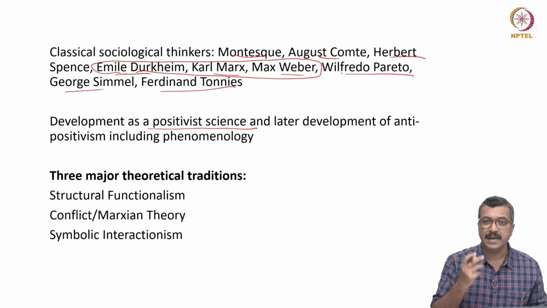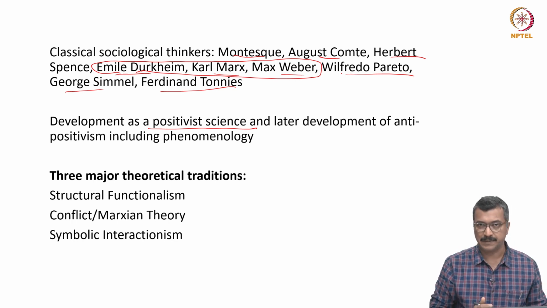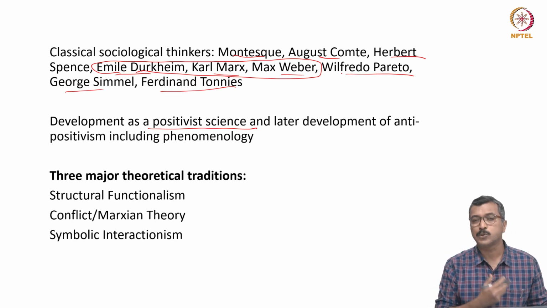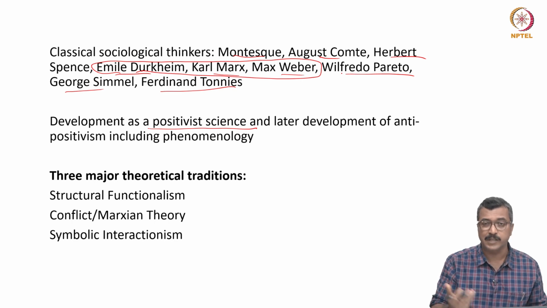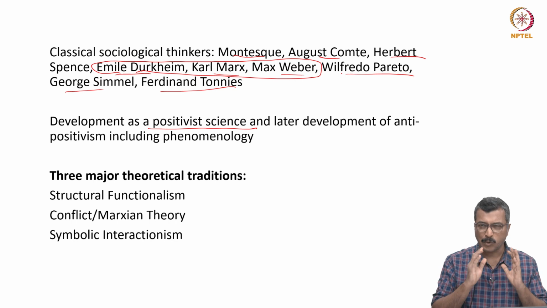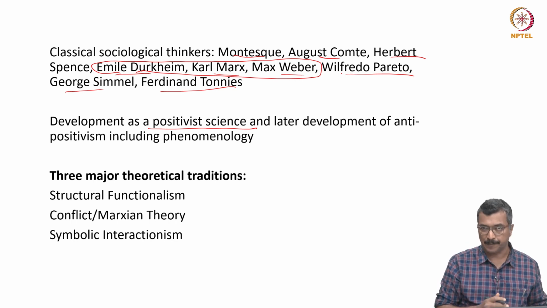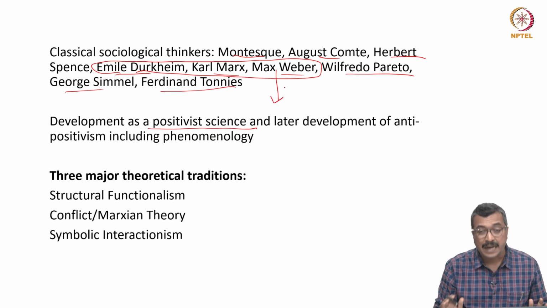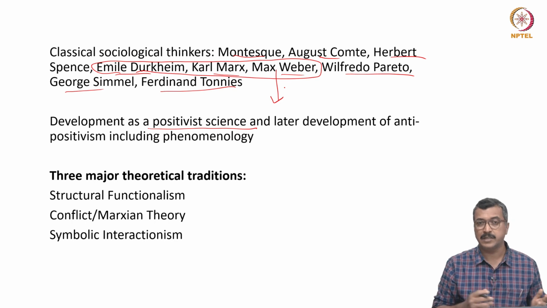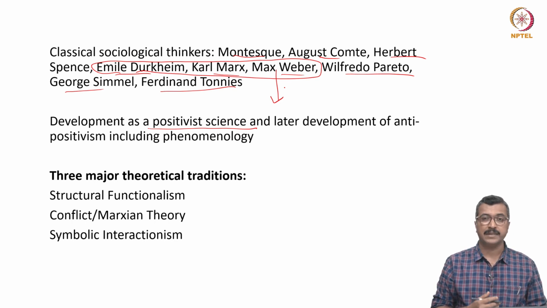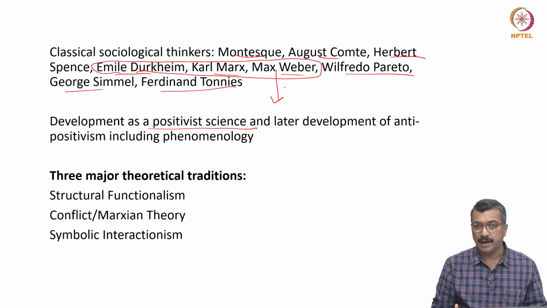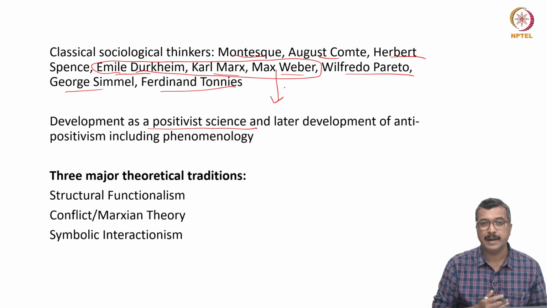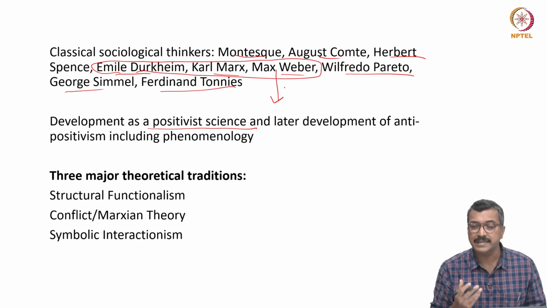So they basically understood sociology as a positivist science, just like how a physicist or a biologist understands their subject matter, a sociologist also understands his or her subject matter. So it emerged as a positive science. It claimed to be a science, but later, especially with the arrival of Max Weber, it was established that this positivism is not a virtue in itself, because human society is much more complicated and complex than the natural or physical world, and a positivist methodology will be incapable of understanding the complexity of society in its entirety.